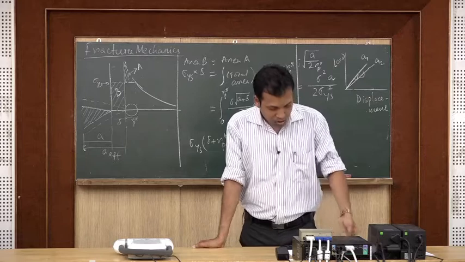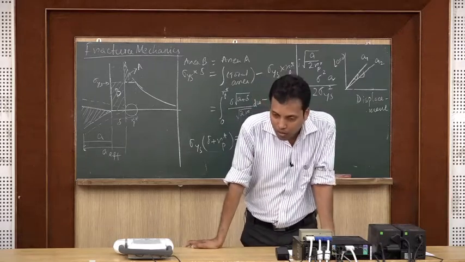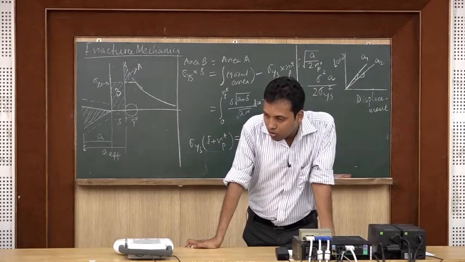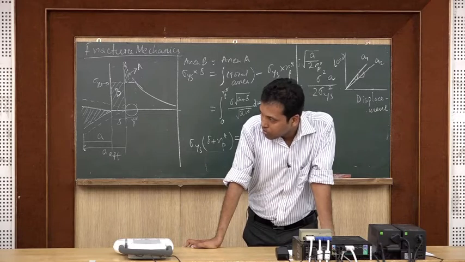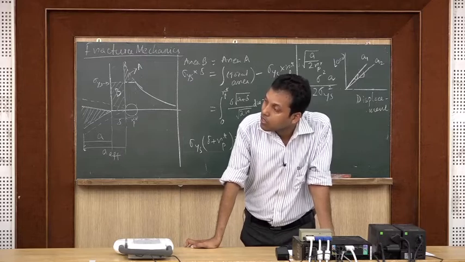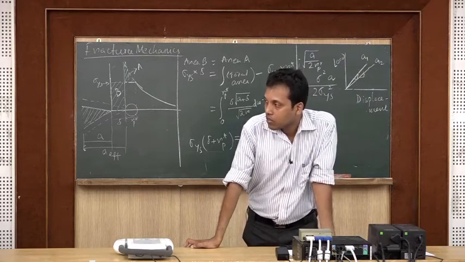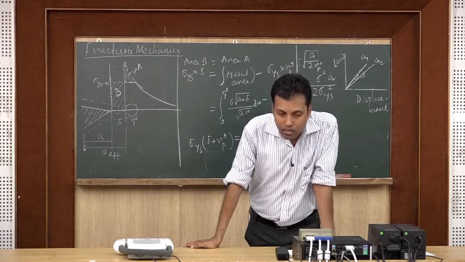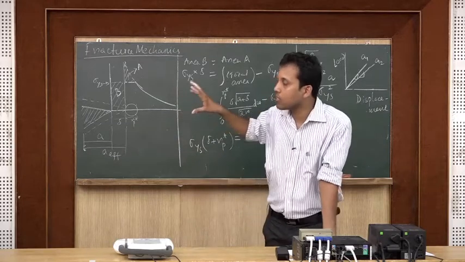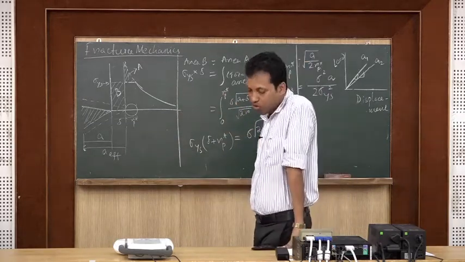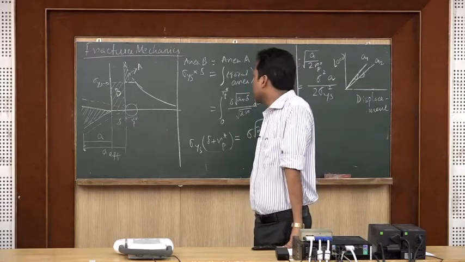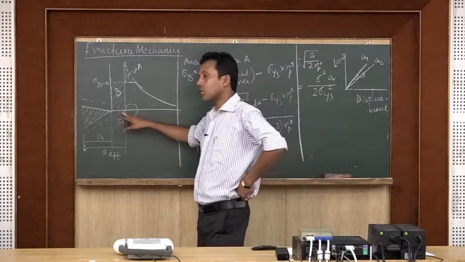You did not know. The question is why should area B equal to area A? That is what I said. You see, the area A means what? This is the region which we are considering plastically deformed. Okay? And for that the stress level at that region is more than the elastic. Okay? But how much load we are cutting by that? For that, how much load the material is taking in this region? For that, what we have considered, some virtual crack length is there in the material, but that material is not having actually that much crack.